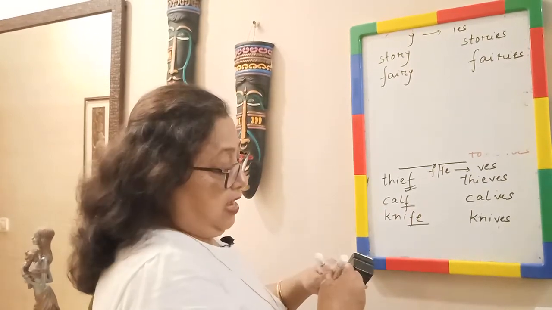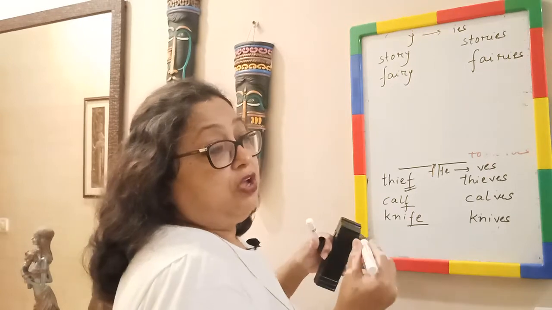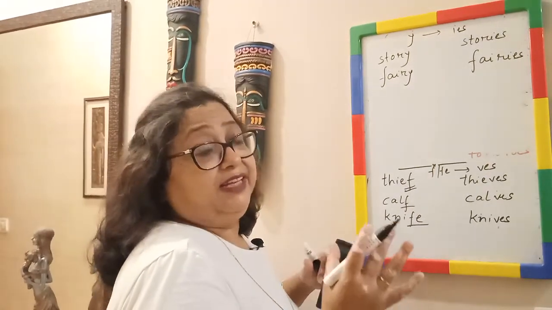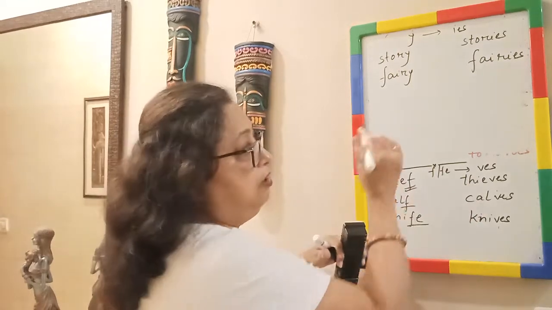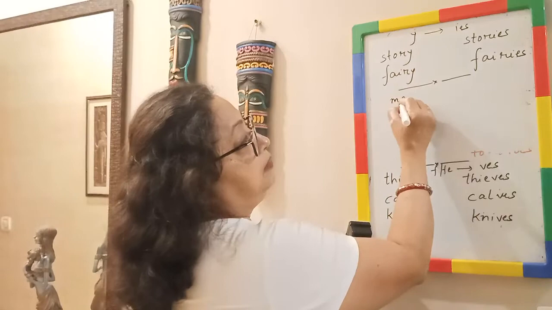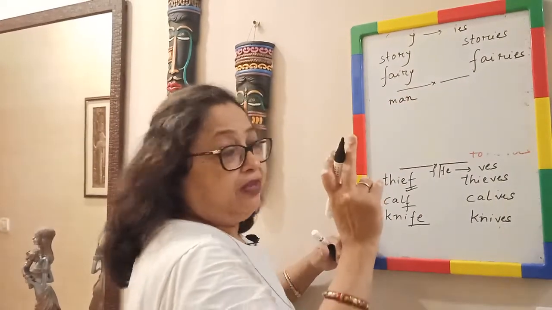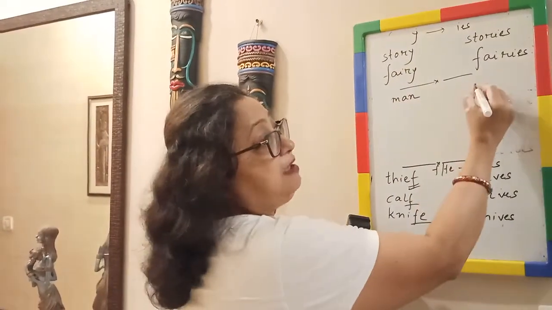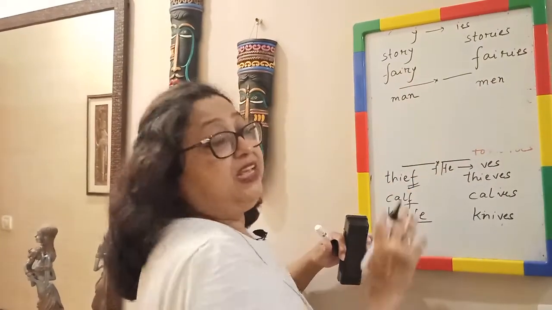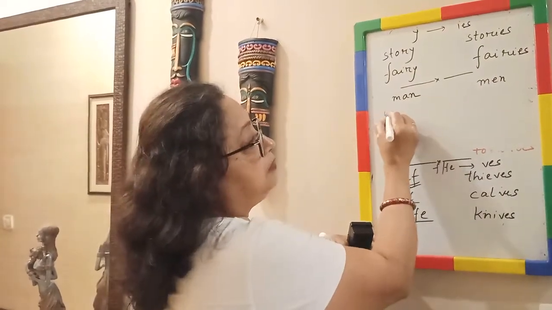So next there is also a list of words which has a different change, which doesn't follow all these rules. For example, see, man, one man. If we say many, what do we say? Men. So here, this is not following any other rules. Woman,